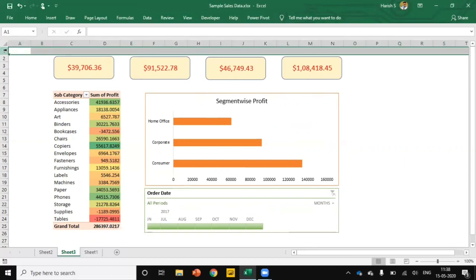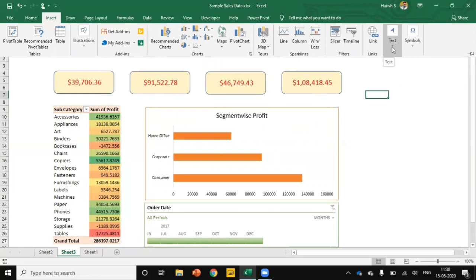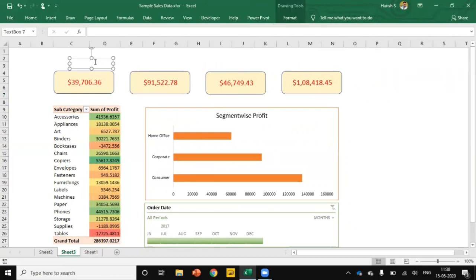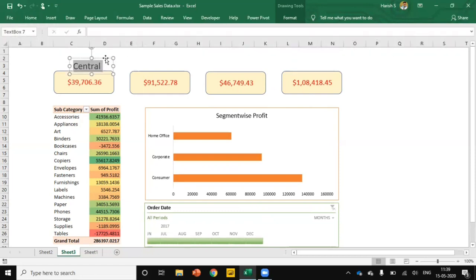I'll insert a row. Go to Insert, under Text, select the text box. Just name it accordingly. Copy this one and paste here, paste here, paste here.